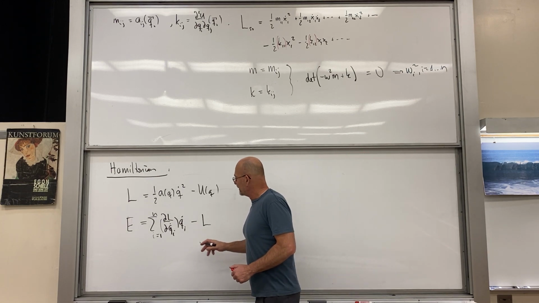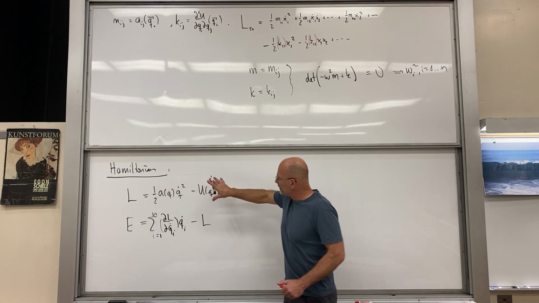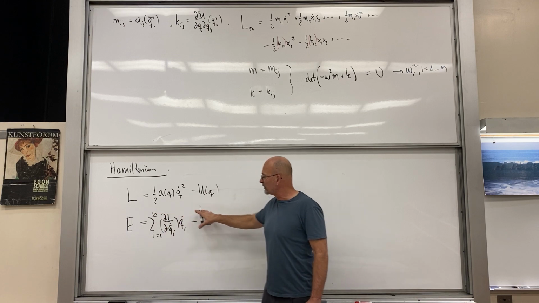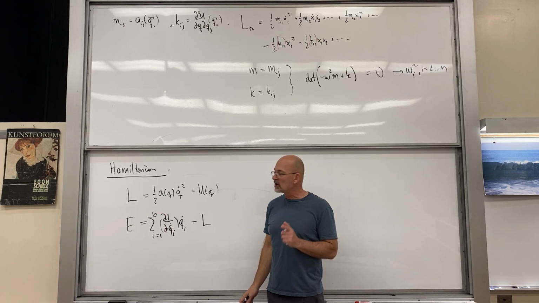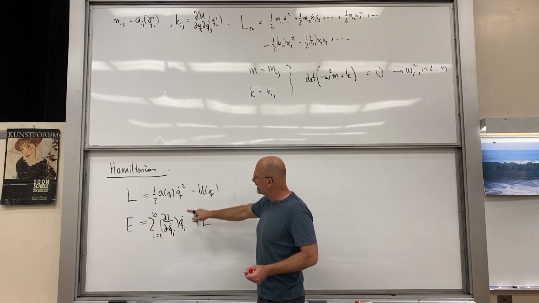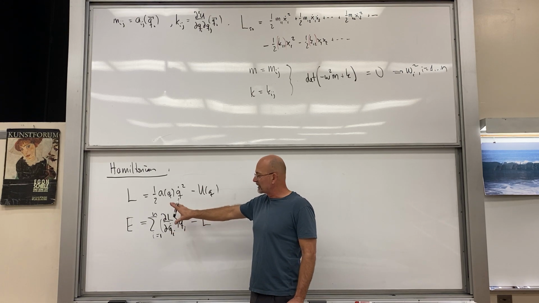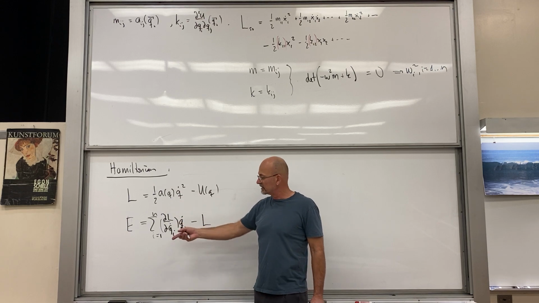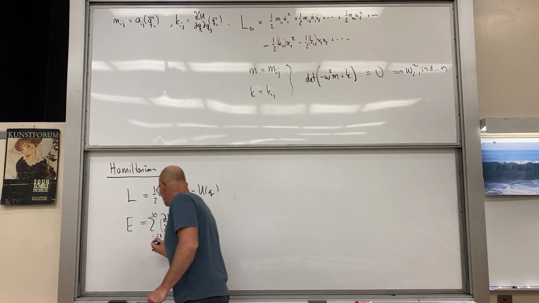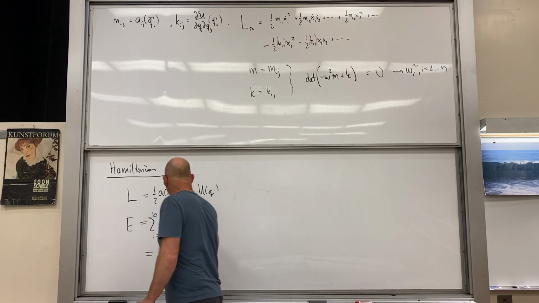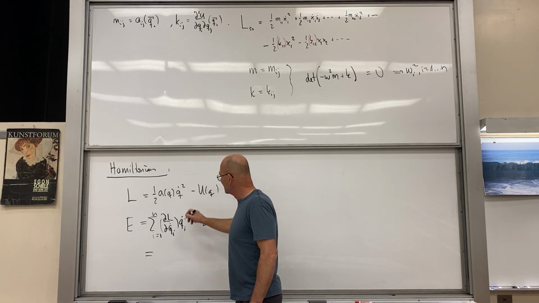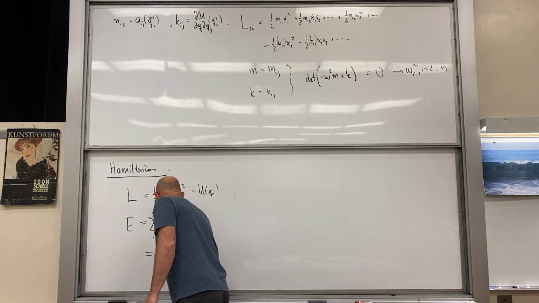And this is T minus U, kinetic minus potential, and we can just go to T plus U in some cases, but not all cases. In this case we could, but I'm going to have a problem where you can't do that. You actually have to follow this rule here. Okay? So we'll follow this rule in the above case, and our dL/dQ dot is A of Q